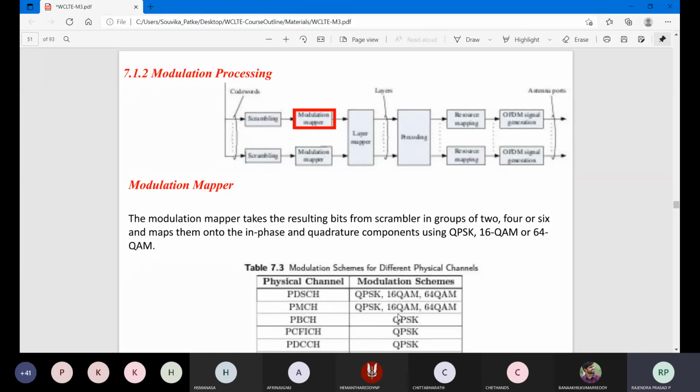Based on these schemes, different responses will be generated and your response will be transmitted. You will have observed this in earlier semesters, where they tell what is PSK, what is QAM, what is QPSK. So what is phase shift keying? If I give data 0, 0, this will be represented in terms of a cycle. So a half cycle for 0. If I take 0, 1, then 0 will be represented like this and 1 will be represented like this.